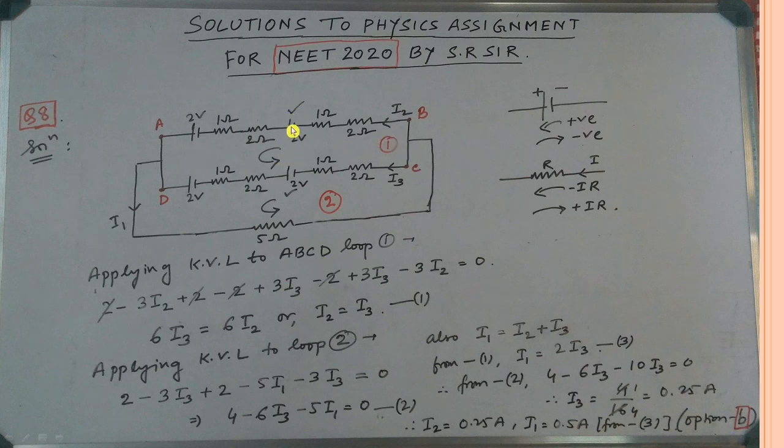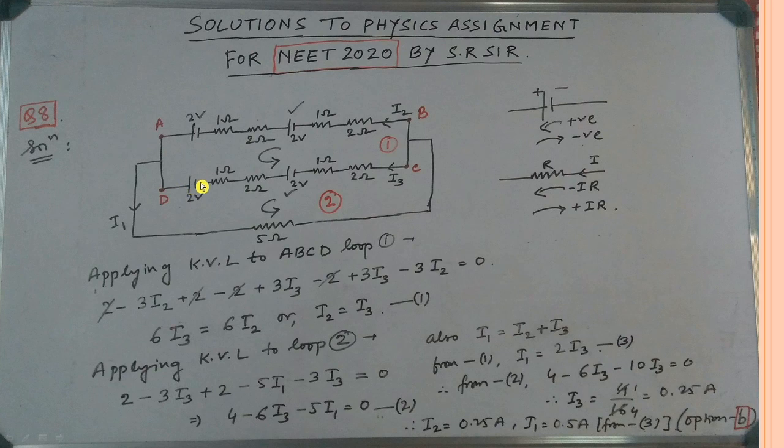So we start from this point and go in this direction, the left hand side. We start from 2 volt, negative to positive, so plus 2. We are going with the direction of the current I2, so we get a minus value with all of this. So minus 3 I2, since 2 plus 1 gives me 3, and the current is I2. This is negative to positive, so plus 2. We come like this. Now we are going opposite to the current I3.